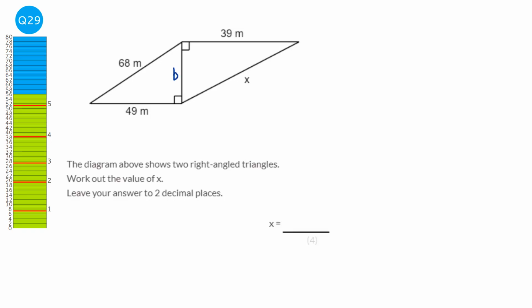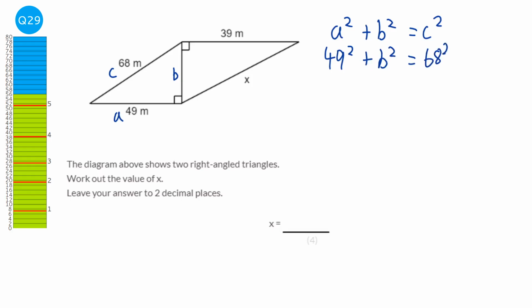We can't work out what x is straight away, but we can find this value here. And we know with Pythagoras, we can find a third length if we've got the other 2 in a right angle triangle. So a squared plus b squared equals c squared, and a and b were labelled. C is always opposite the right angle, so it'd be 49 squared plus b squared equals 68 squared, and 49 squared is 2401,